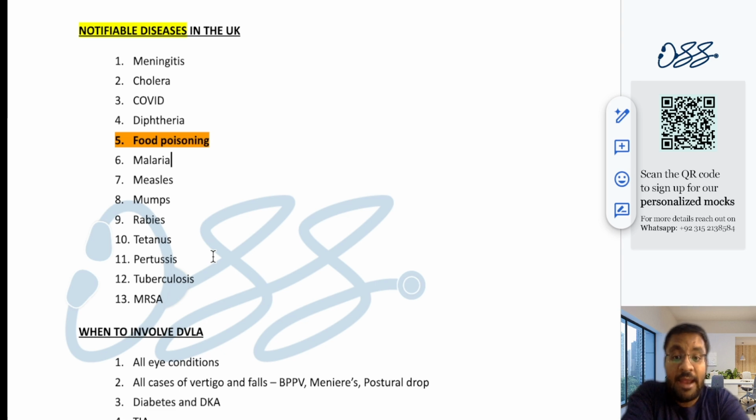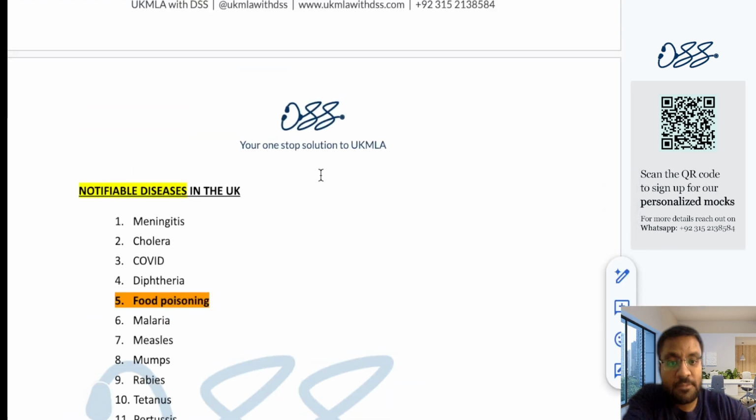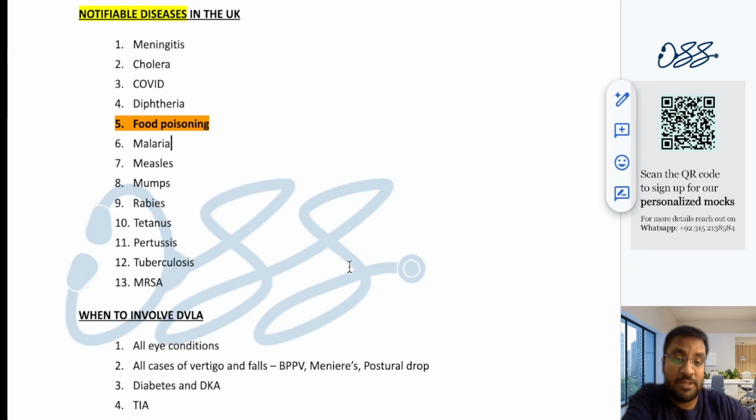Okay, and then the patient might be concerned that the public health authorities are going to shut down his friend's restaurant, and he doesn't want that to happen. Then you would have to do some convincing and counseling that no, this is important. They're just going to go and assess whether the food quality is all right, and this is important for the safety of other people eating at that particular restaurant. So food poisoning cases need to be referred to the public health authorities as well. Make sure you're doing that, because if you're not, you're going to be penalized on your